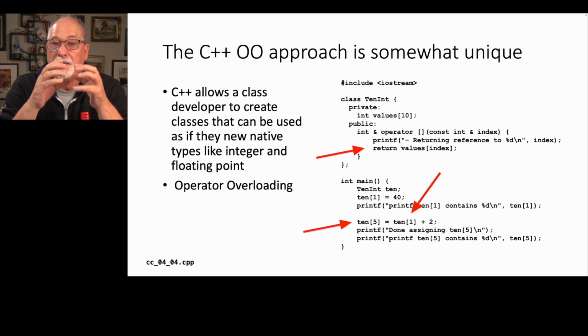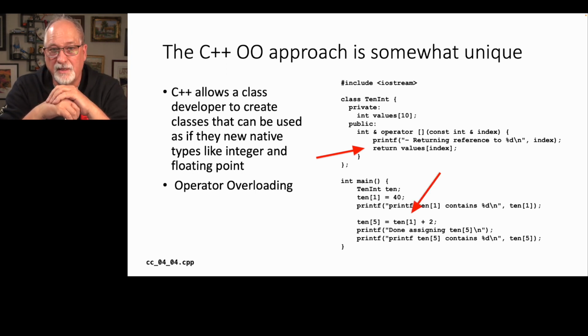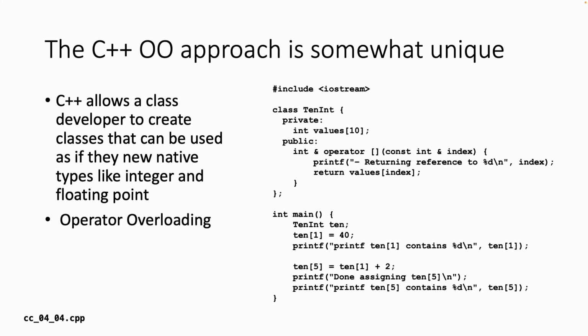to it. So wherever it appears in the original C++ code in the main, that reference can be, like I said, on the left or right side of an assignment statement. So let's take a look at how this works in the main code. I am going to create a variable called ten of type Ten int, and then I say ten sub 1 equals 40, which means I'm storing 40 in position 1. But when it sees that ten sub 1, it says, oh, this little class has a square bracket operator, so I better call that little method, pass the 1 in, then that returns a reference to values sub 1,